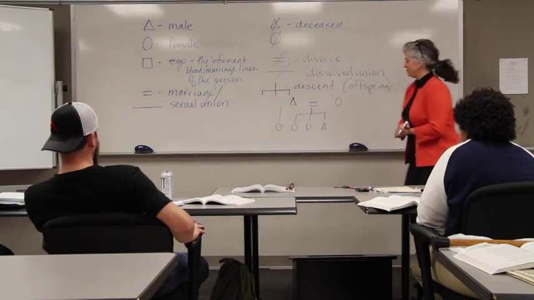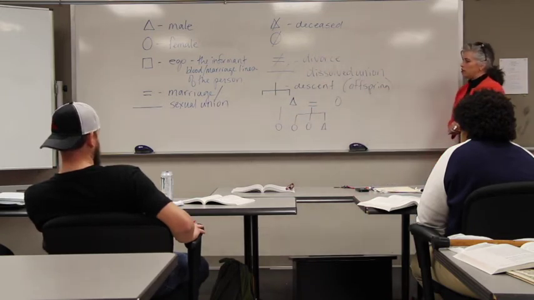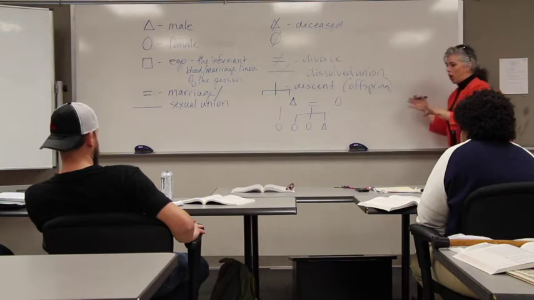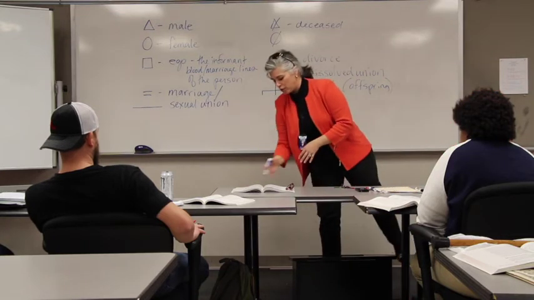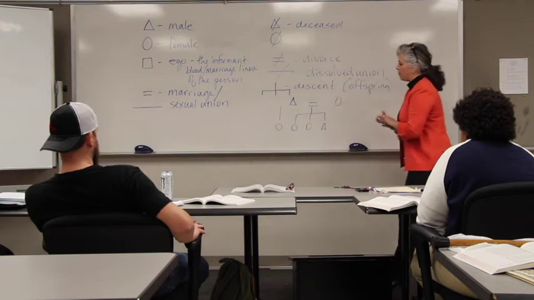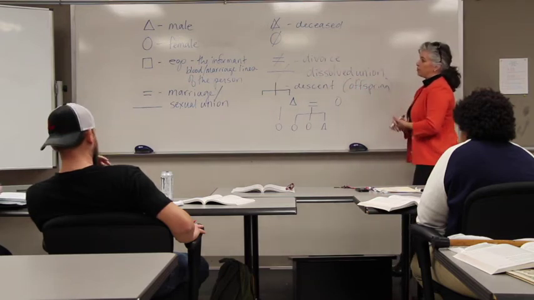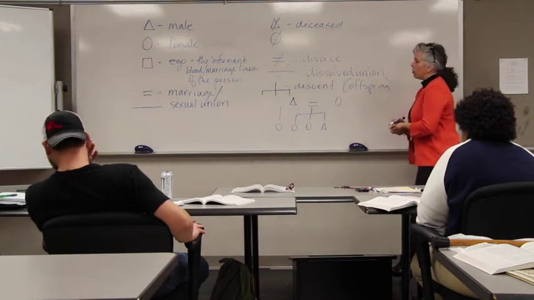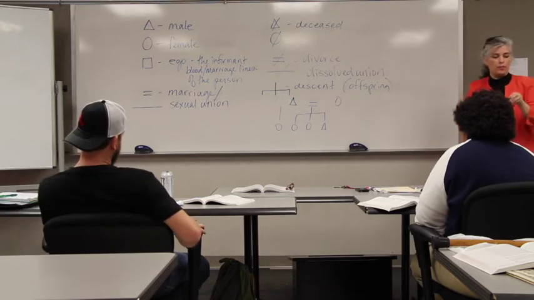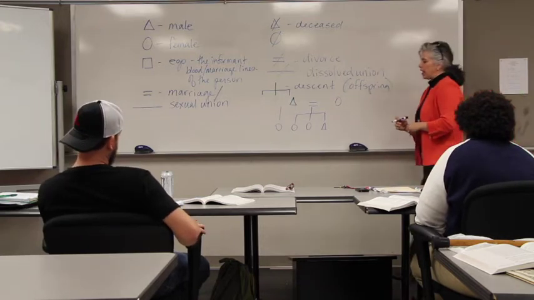There we go. Okay. So these are the symbols taken apart that you see in all these different diagrams, with all these symbols stretching in between them. So that's what the symbols mean. So you've got male, female, and ego, which is how you represent yourself when you finally do your family diagram.